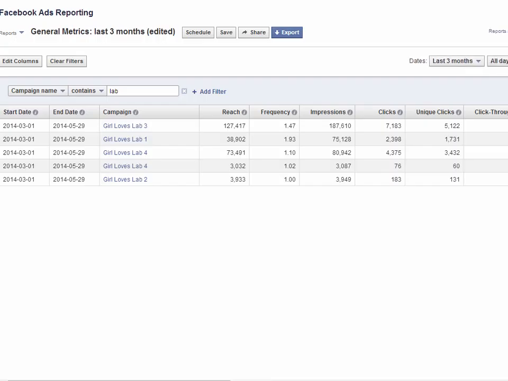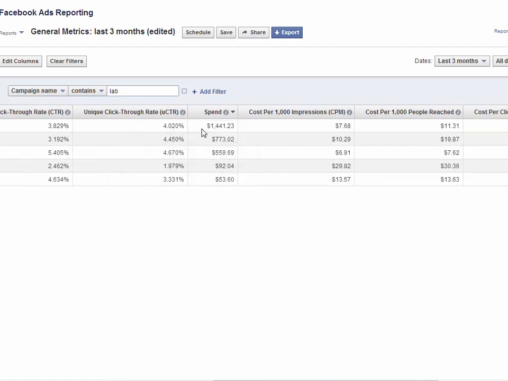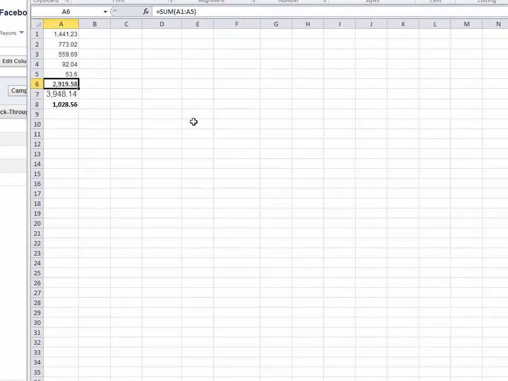When I did this campaign, this is before Facebook introduced the ad sets feature. So back then I had to have a whole bunch of campaigns running at once. Right now you wouldn't have to do that. You just put all of these in one campaign and have them all as ad sets. But so I have to find them all by putting the word lab, and I had a bunch of them there. And if you add all the amounts spent up, you will see that I got it added up here in Excel. It adds up to $2,900 in ad spend, and I made $3,900, so that's around $1,000 cash profit